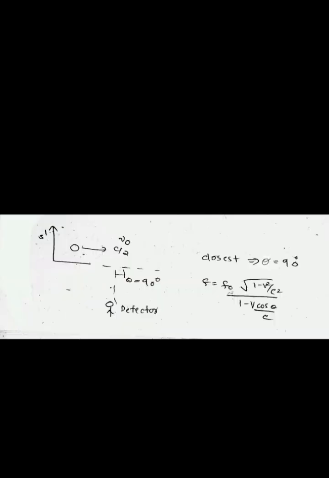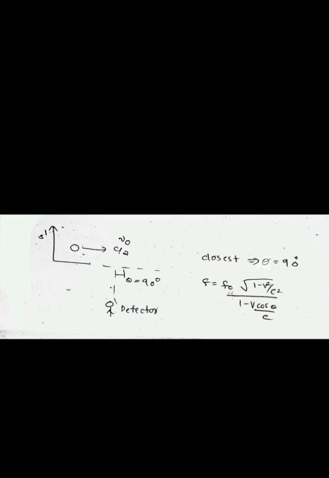Next question is, consider a radioactive nucleus that is traveling at a speed c by 2 with respect to the lab frame. It emits gamma rays of frequency nu 0 in its rest frame. There is a stationary detector in the lab. If a gamma ray photon is emitted when the nucleus is closest to the detector, its observed frequency at the detector is dash. So here